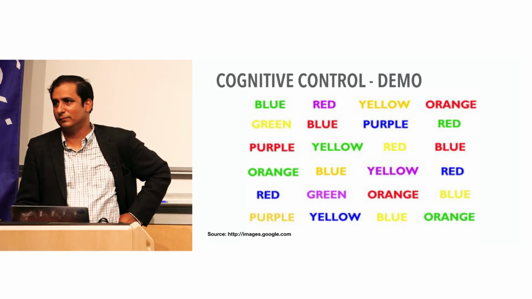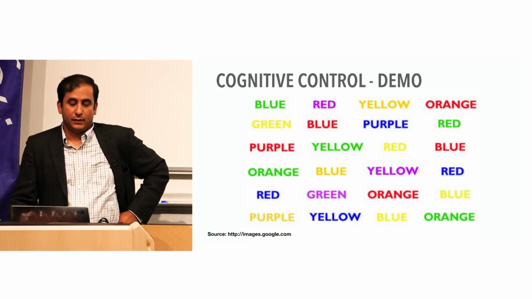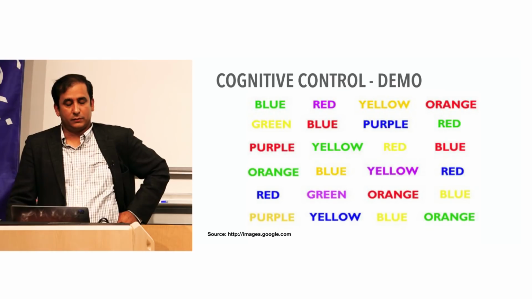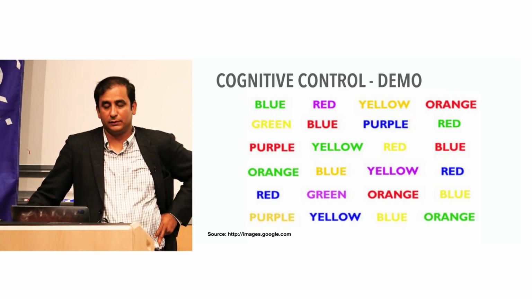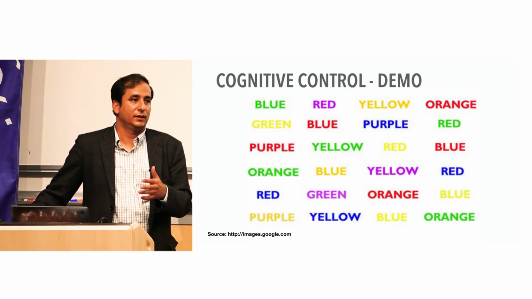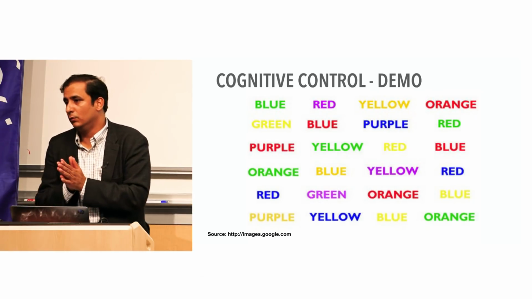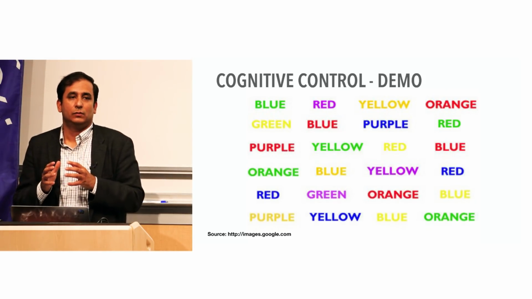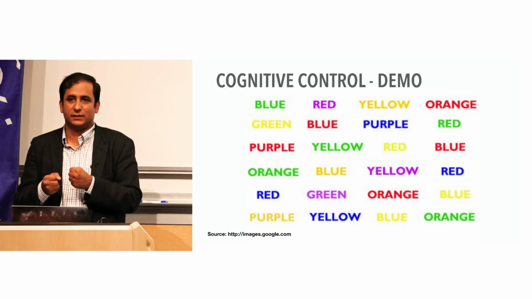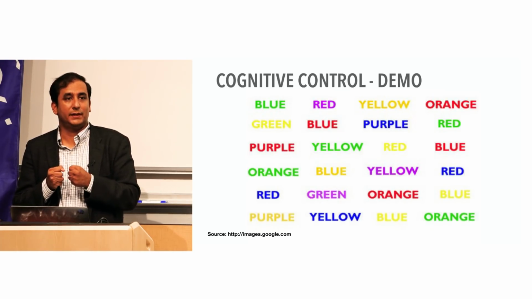It's a very common cognitive control demo called the Stroop task. Now, instead of asking you to read the word, I ask you to name the color itself. So green, and then purple, and then yellow, and then red, and so on. So you're slowing down, and you're probably making more errors. But you can still do the task, hopefully. The idea is that irrespective of how many distractions there are, we can still perform the task. That's basically what cognitive control is, and it very nicely blends into meditation.